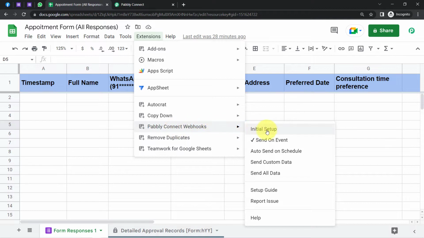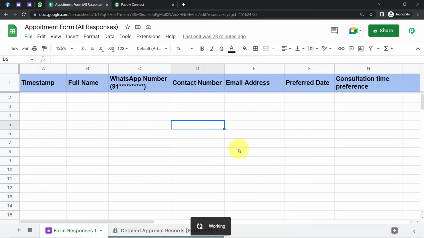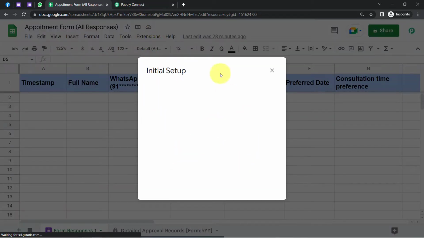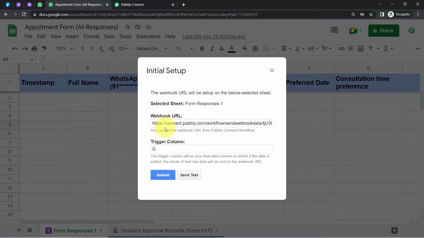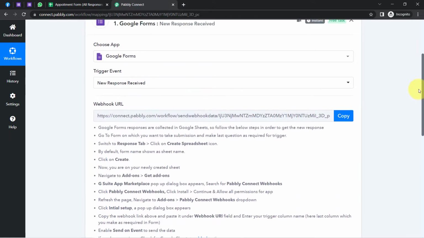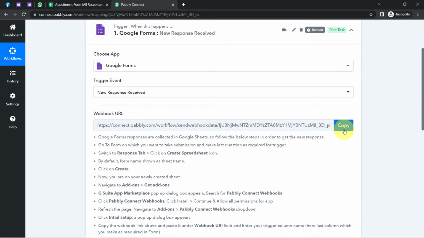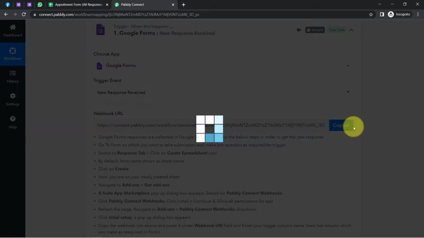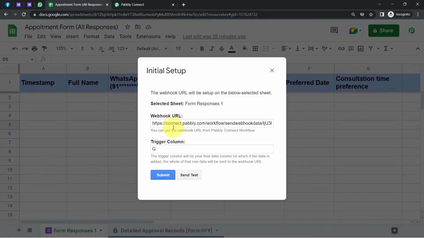Now you will have to open this initial setup box, and when you open this box, it will ask you to provide the webhook URL and the trigger column. It is asking for the same webhook URL which you have received via Pabbly Connect. So I am going to copy this URL and paste the same URL into this particular field. Okay, so I have deleted the existing one and it is asking for the trigger column,